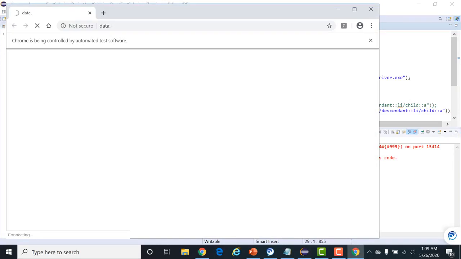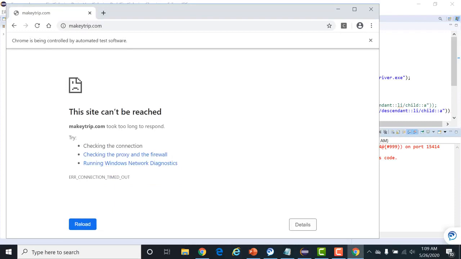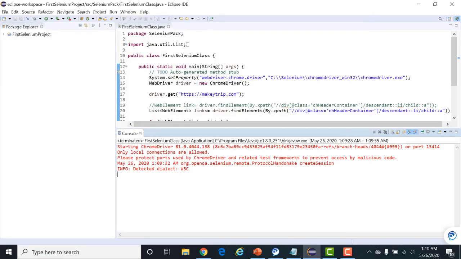It is trying to launch the MakeMyTrip application now. Okay, just a minute.